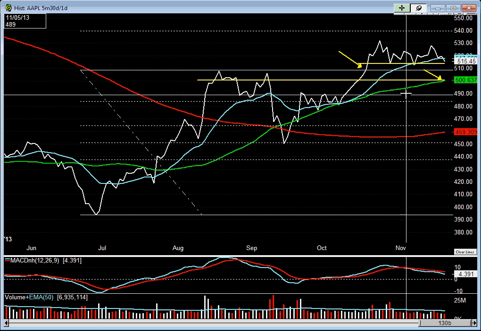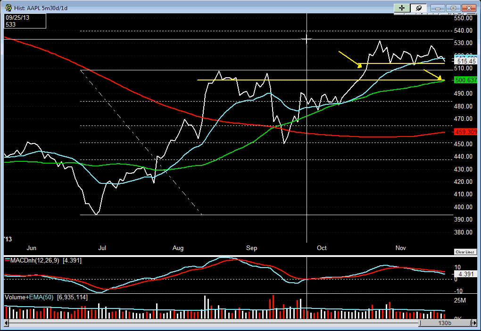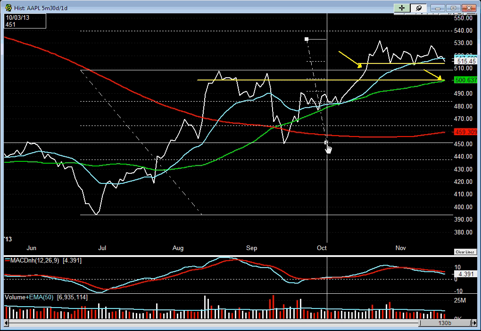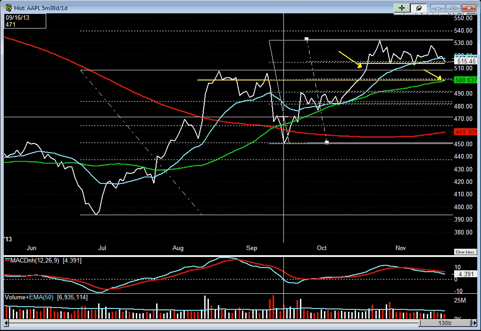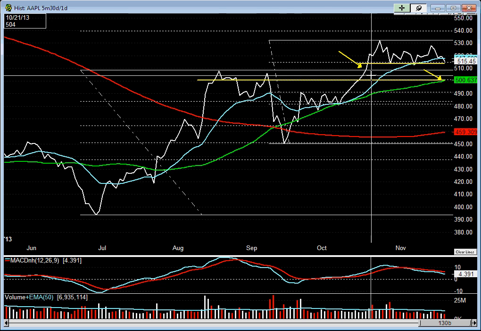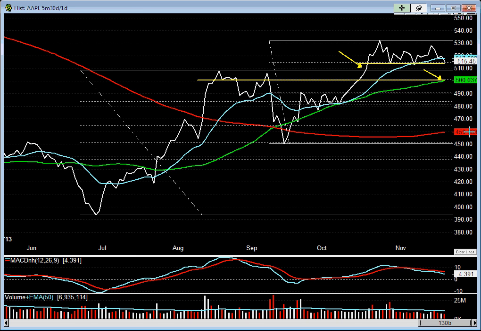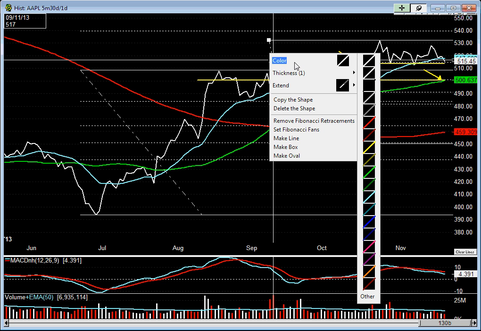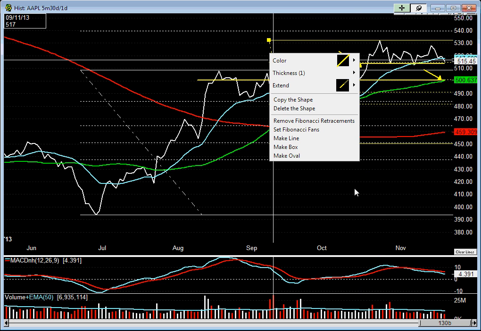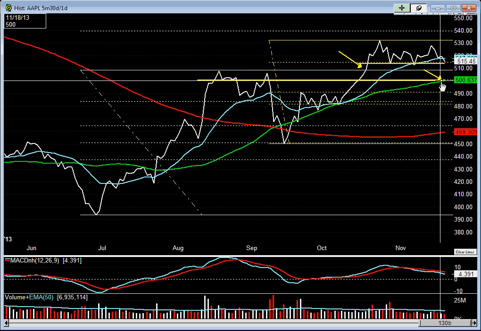And if it doesn't, then we're going to take up another Fibonacci retracement. Let's say we set this retracement here and then see what some of the next levels are that we could get. Let me change the color on this so we can see it a little easier, with a bit of distinction from the other one. So you can see, let's say it could not hold this 500 level and it comes down,